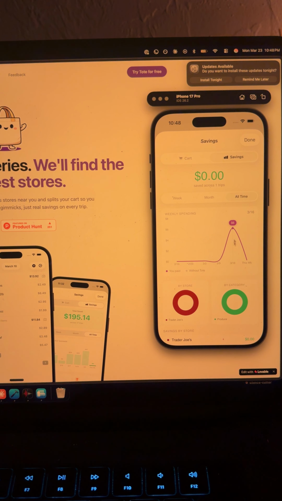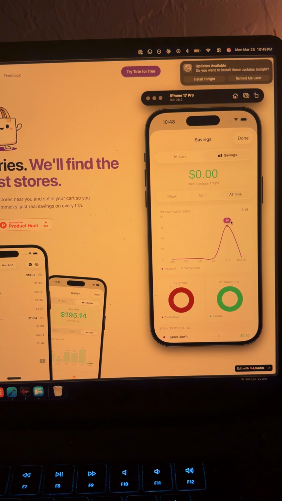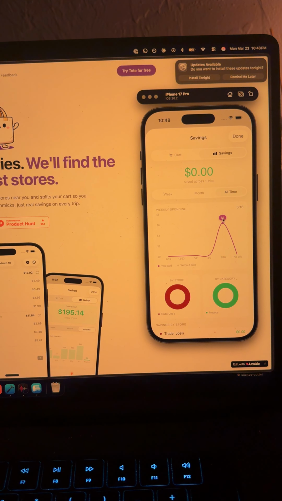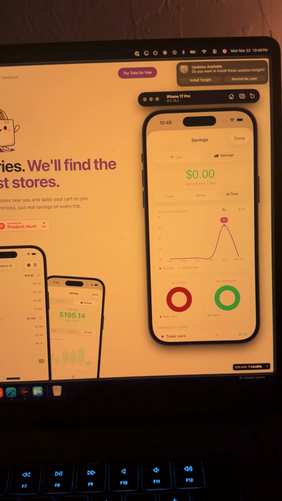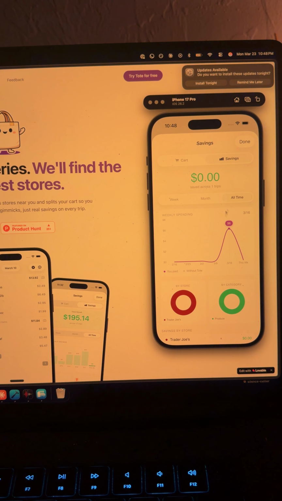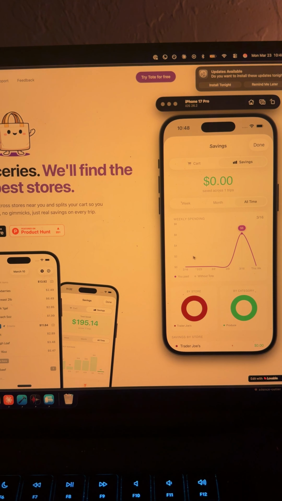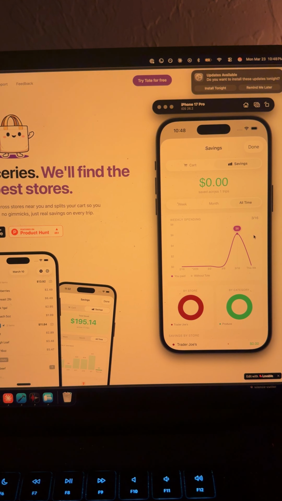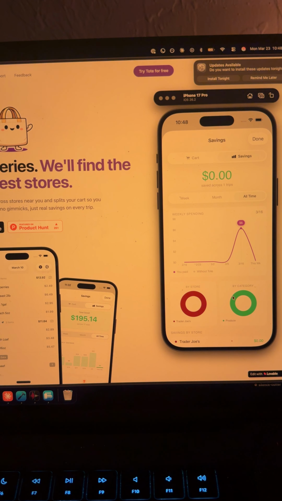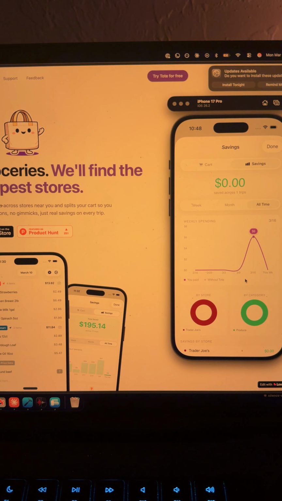But basically, the idea is there's going to be two of these containers here. There's going to be a gray one and a purple one. And the purple one will show you what you actually spent. The gray one shows you what you would have spent if you didn't have the app. And you'll see basically just two lines. One will be higher than the other just to visualize it for you. And then we break down,